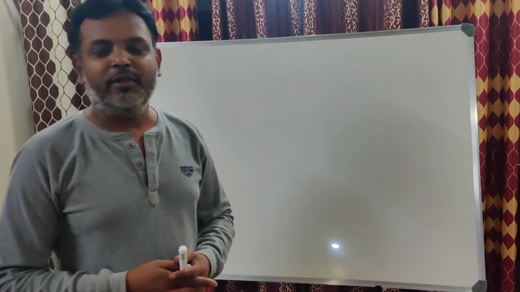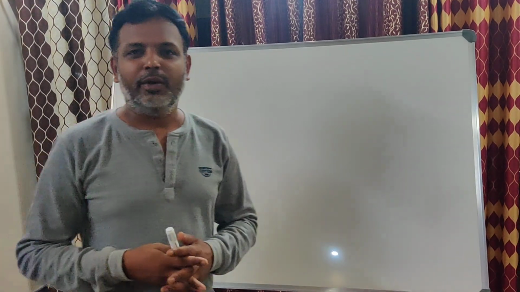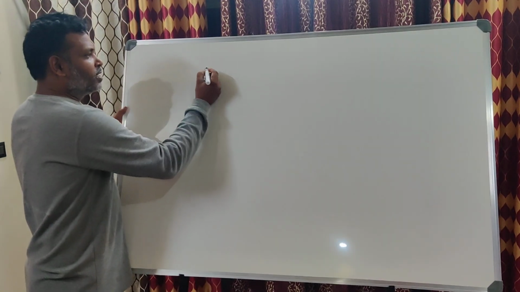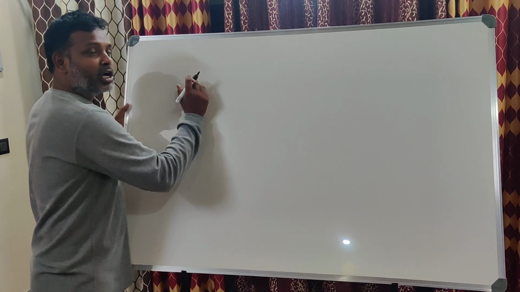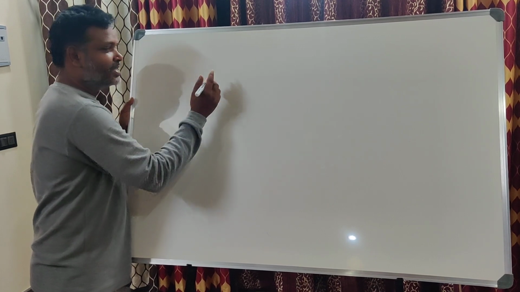So a very important type of function is the one-one function and onto function. Let us know what we mean by one-one function and onto function. Again, I am considering two sets here, both non-empty sets. In order to define a function or any relation, we need two non-empty sets.